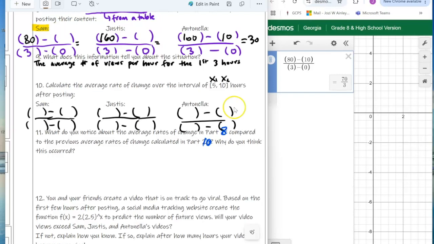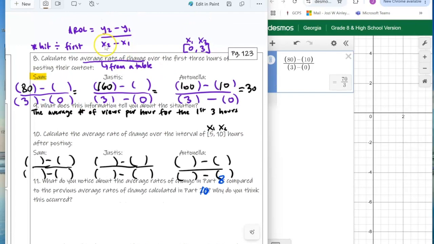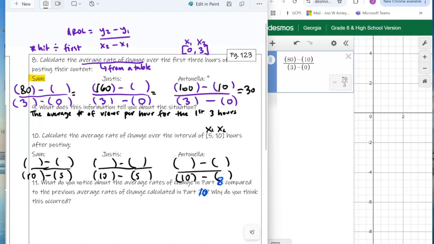All right, and this time, our second x value, so looking at our formula again, our second x value, bottom left, is now 10, and our first one, bottom right, is 5. So this is going to be 10 minus 5, and we're finding it for all of them. All right, so now that we have that, it's just a matter of,